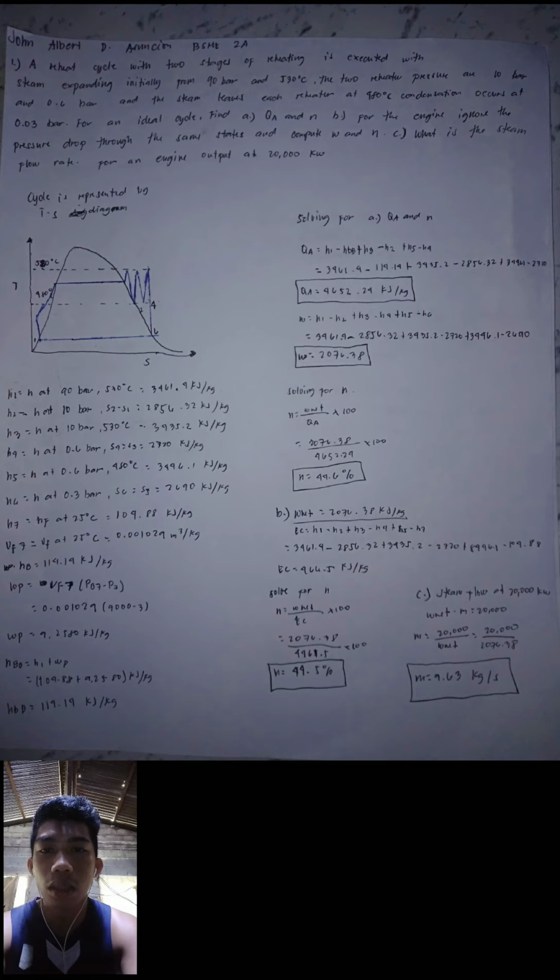B. For the engine, ignore the pressure drop through the some states and compute W and N. C. What's the steam flow rate for an engine output of 20,000 kilowatts? So the first step is to draw the TS diagram for a reheat cycle. Since the two-stage reheating cycle undergoes two reheaters, that leads us to 7 states in the